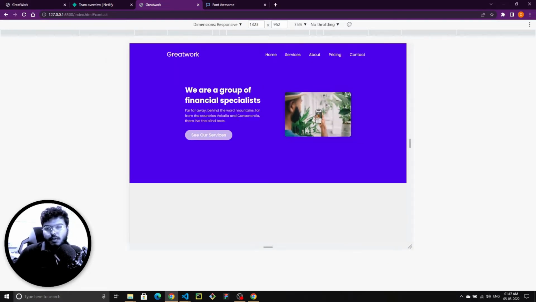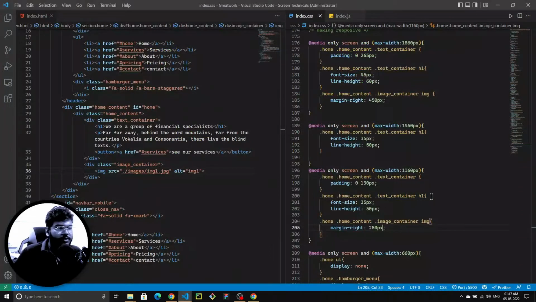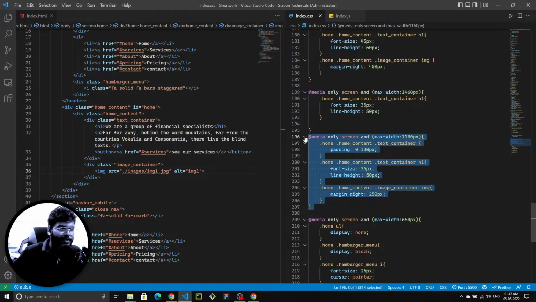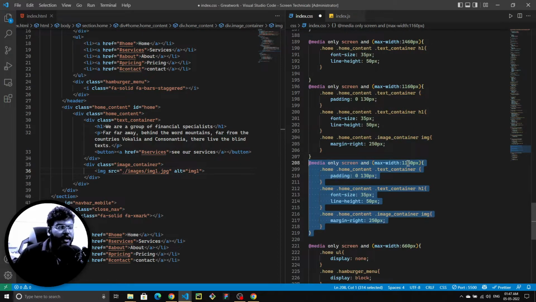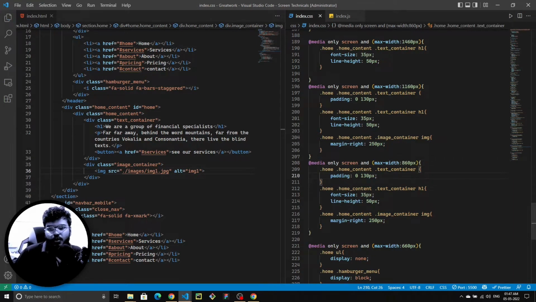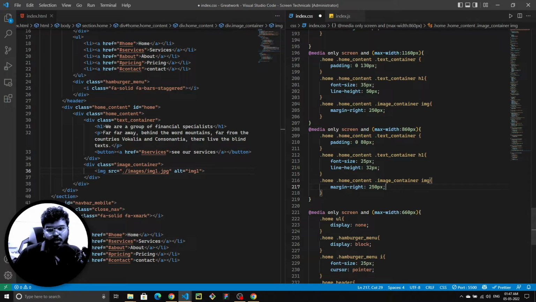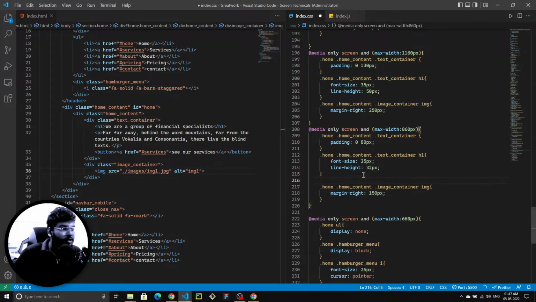Okay, now after that much of thing, I have the breakpoint that is at 680 pixels, that is 860 pixels, not 680. So it's going to be at 860 pixels, and at this point I'm going to reduce this value to 80 pixels, and I'm going to change this 35 to 25, and this value to 32, and then I'm going to change this image sort of value to 150, and then I'm going to reduce the size of the paragraph